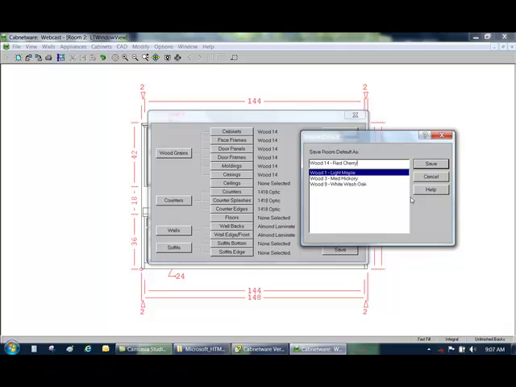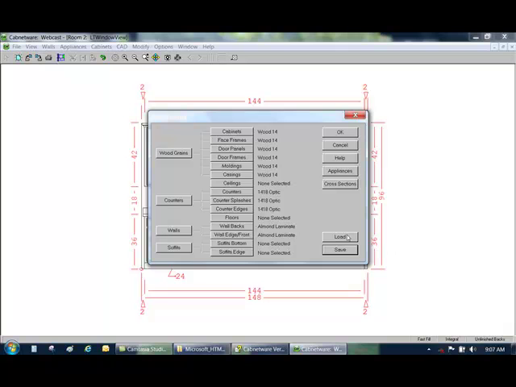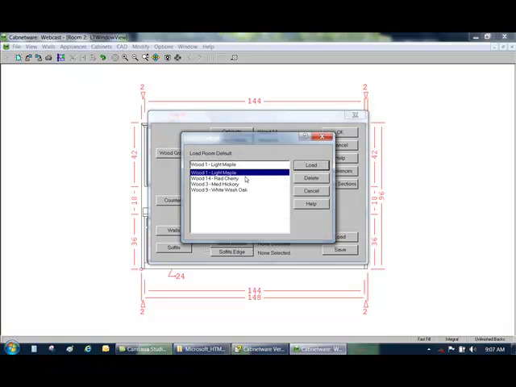Yep, spell that a little better. Something like so. Now you don't have to put Wood 14 on there. You can name this whatever you like. I'm just doing it in this manner. Choose Save. Now if I click on this Load here, you'll see I had 3 to start with, and there's